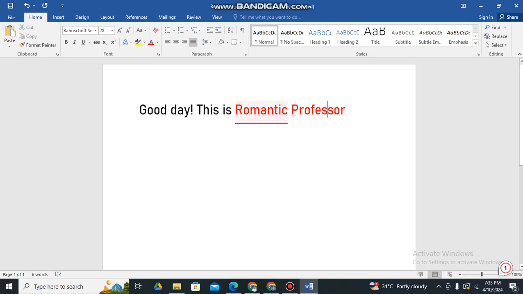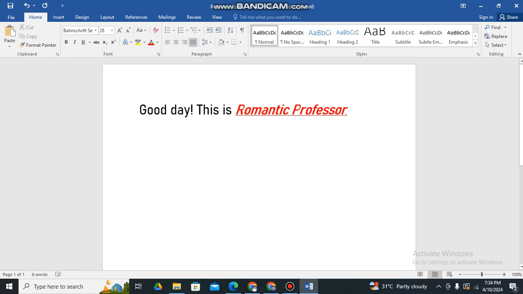Now, let's say we want to bold it. Okay, let's bold it like this. How are we going to bold it? It is below the font style. So click bold. Okay, it will automatically be bold. Let's say we want it to be in italicized form. So we can italicize it as well, by clicking it. Okay, how about if we want to underline it? Again, highlight it and then click the underline.